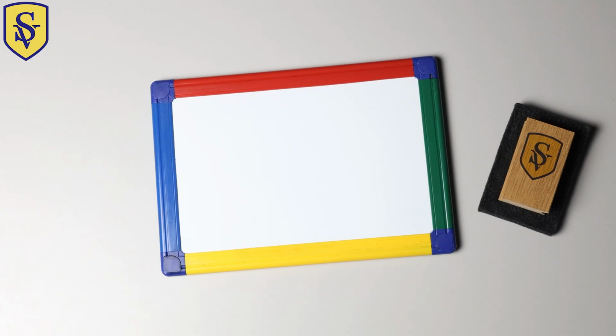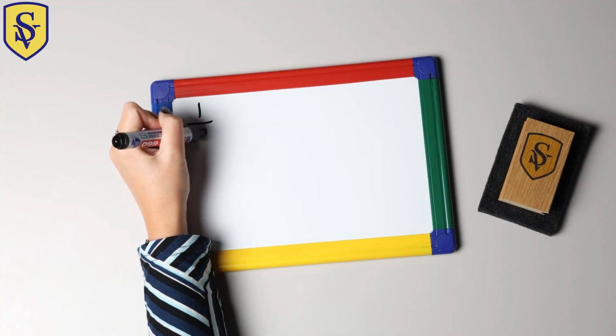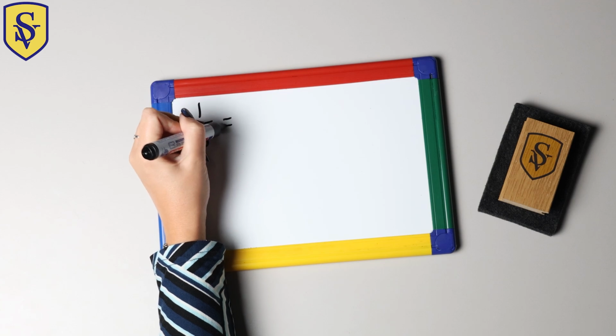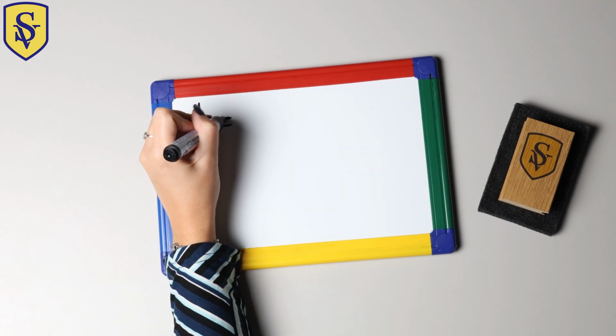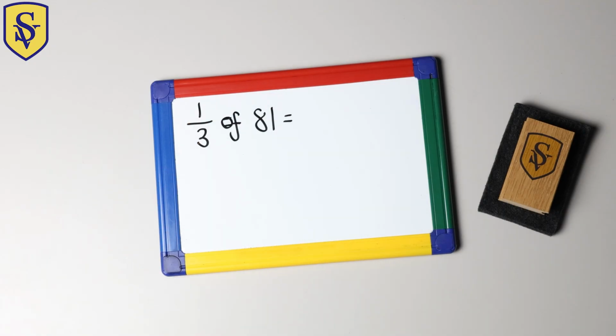For this video, we're going to be finding a fraction of a number. You are going to be using your multiplication and division knowledge to help you out. So we're going to find 1/3 of 81. So to find a fraction of a number, if the numerator at the top is a 1, then